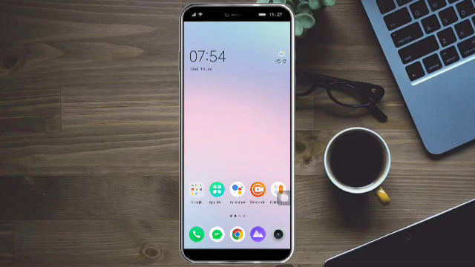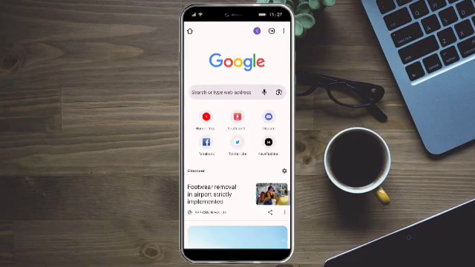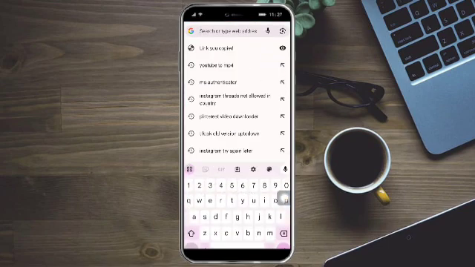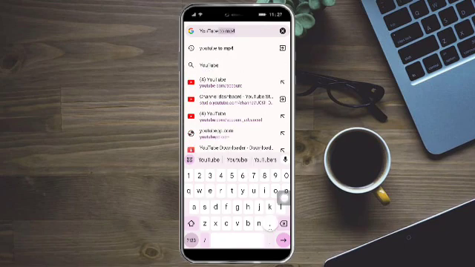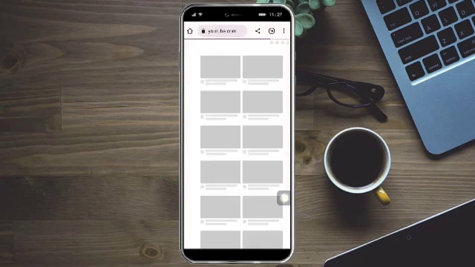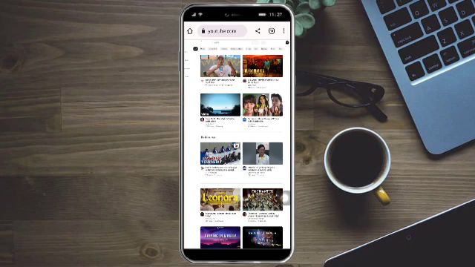This method applies on both your phone and your computer. To do so, you just need to head over to any browser that you have, and from in there, just search youtube.com. Head over to YouTube right here. So let's head over there. And once you're in YouTube, as you can see it is loading, what we need to do is